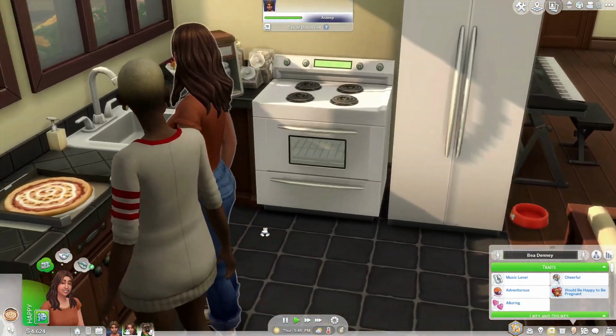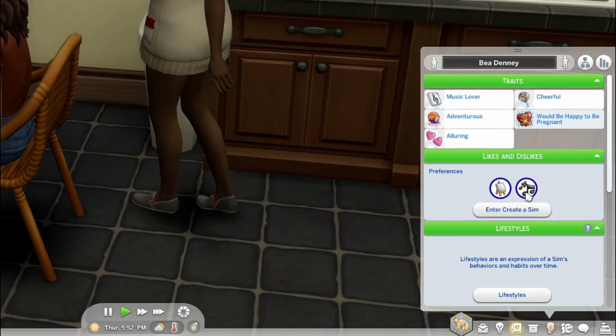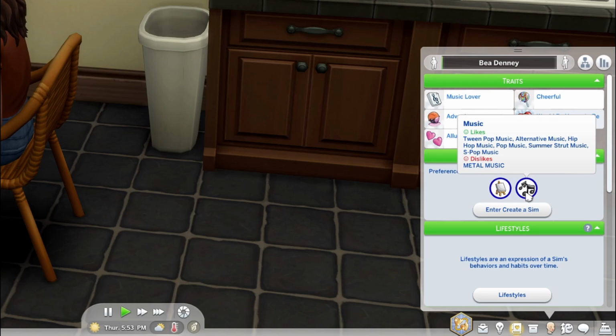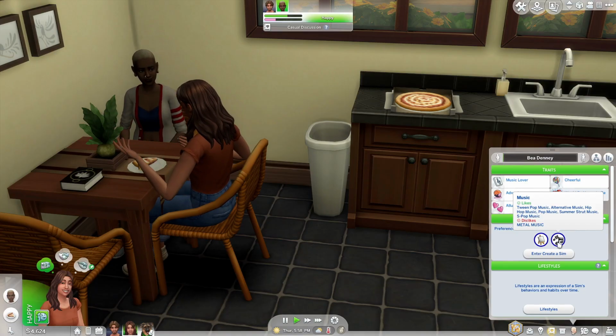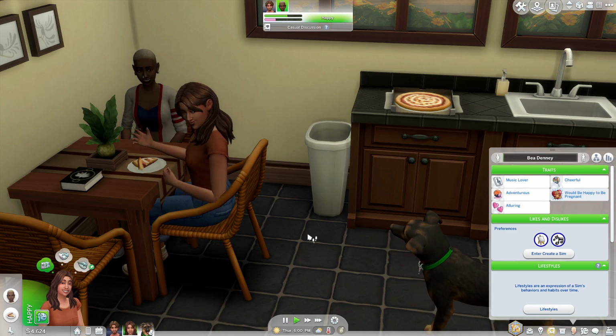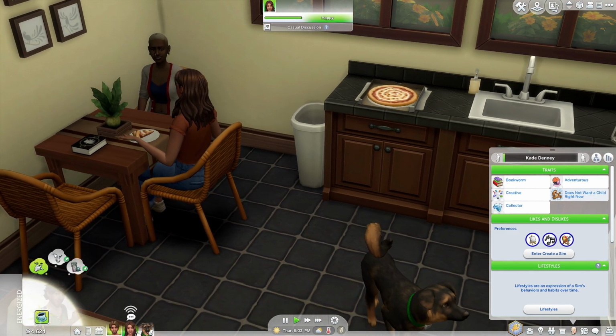B is a music lover, so she really loves playing the piano. She's always just loved music. The music that she likes is tween pop. She will never grow out of that. Alternative music, hip hop, pop, summer strut, and S-pop. She loves those genres so much, and she just really hates metal music because her dad, Cade here,